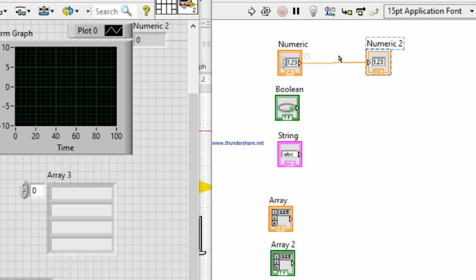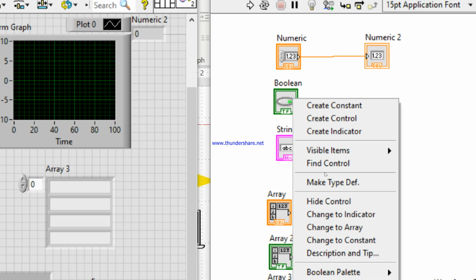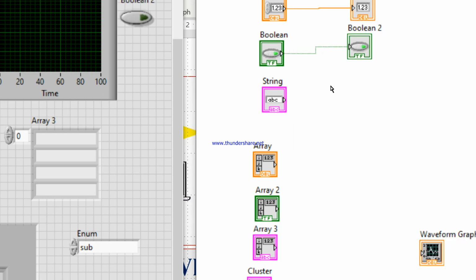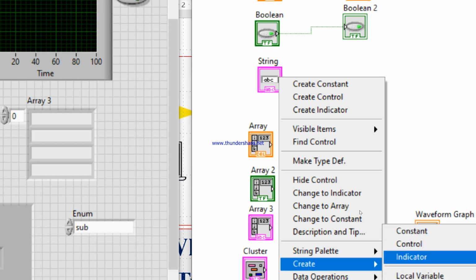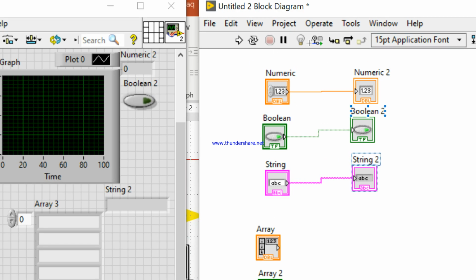Okay, indicator. So now if I want to create one indicator for this, come to the create and create indicator. Right click, come to the create and create indicator. Now you can see there are wires. So this color is orange. This orange wire will transfer the numeric data. This green wire will transfer the Boolean data, and this pink wire will transfer the